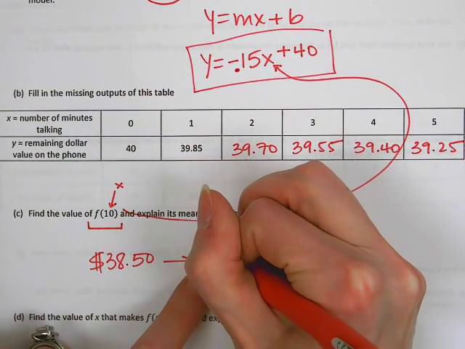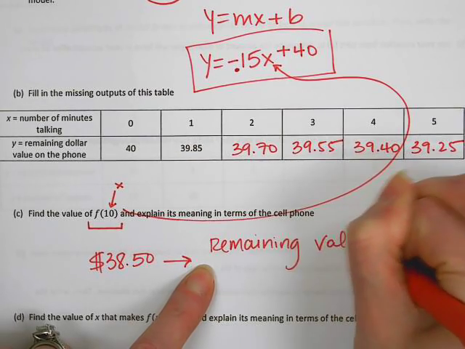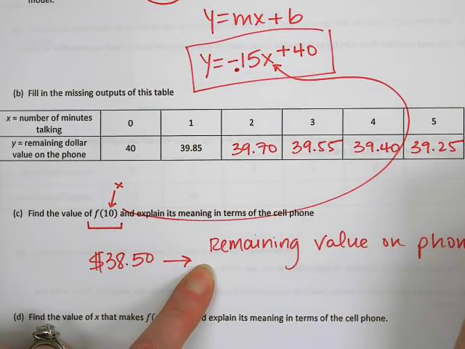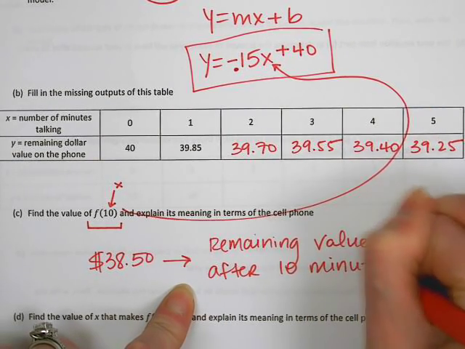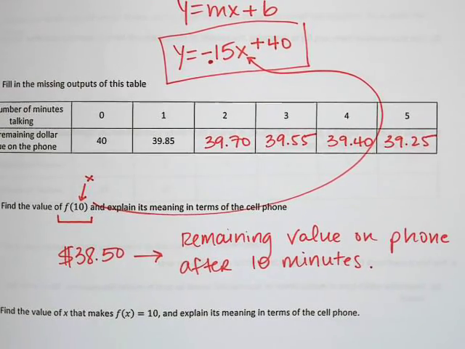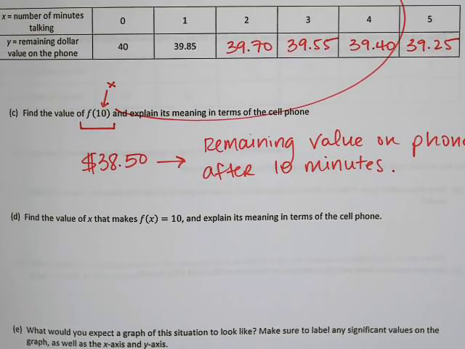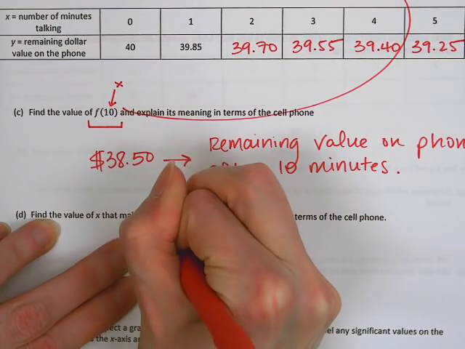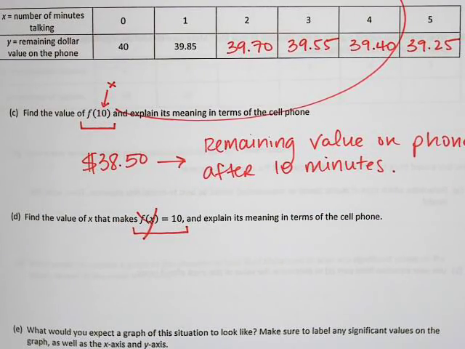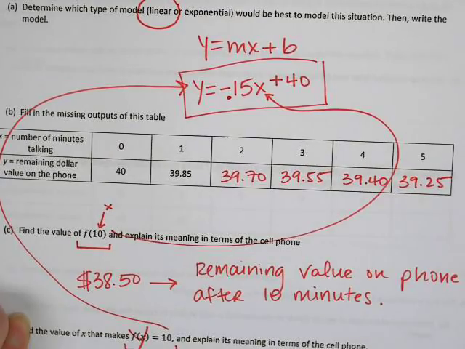Okay, so this is the remaining value on the phone after 10 minutes. That's what that means. And then part D says, well, what if f of x equals 10? And remember, f of x really just means y. What if y is 10? Find x. So now we take 10 and we plug it in for y, and we need to solve for